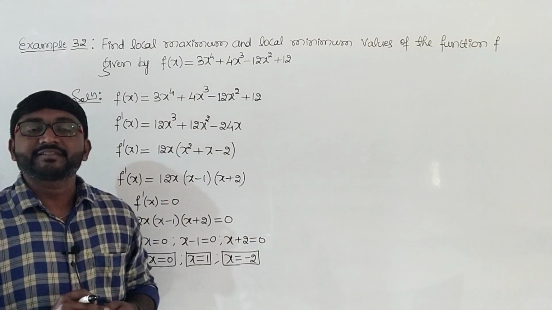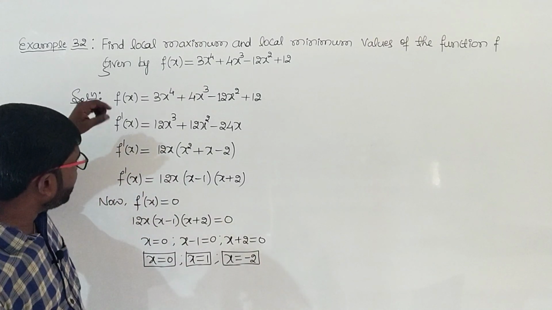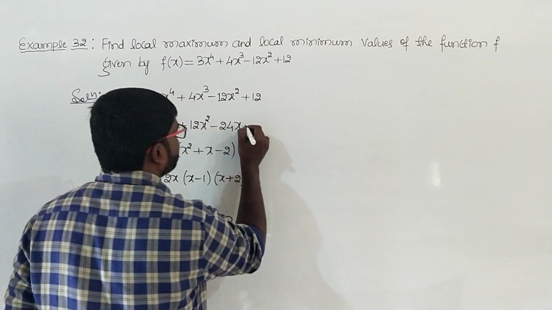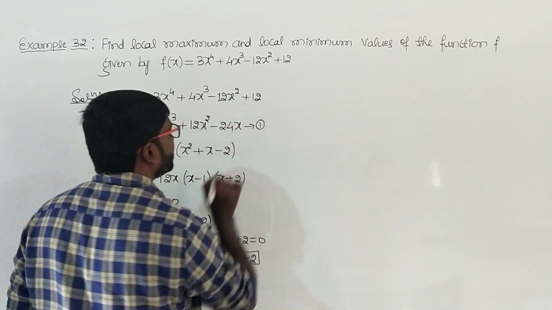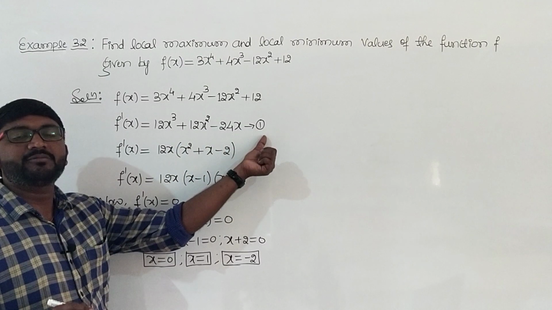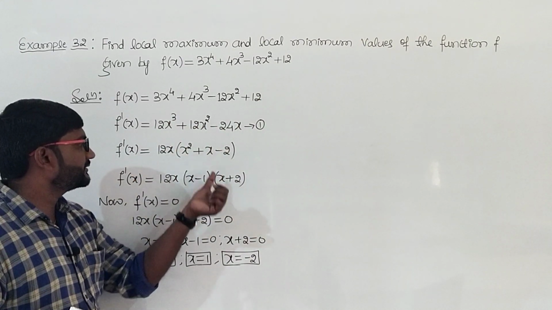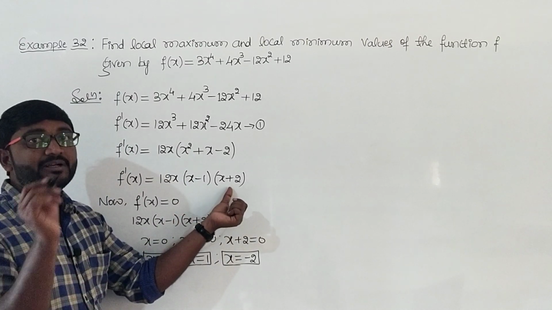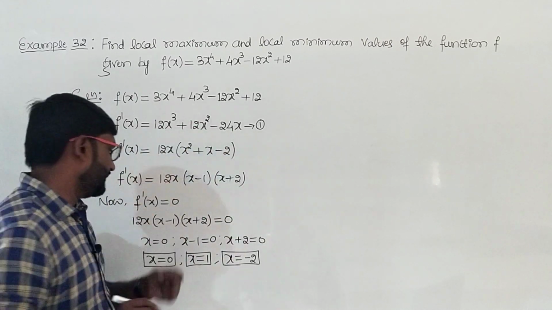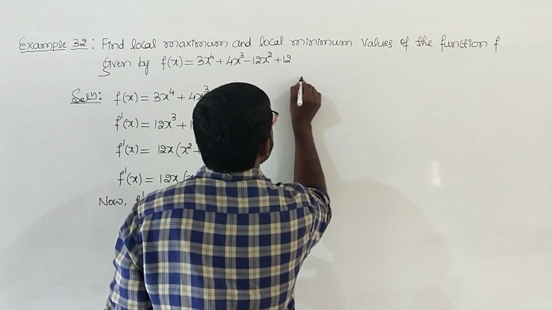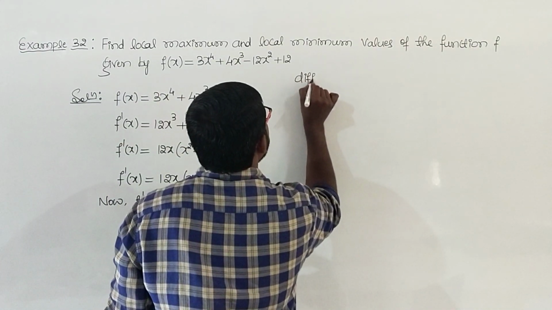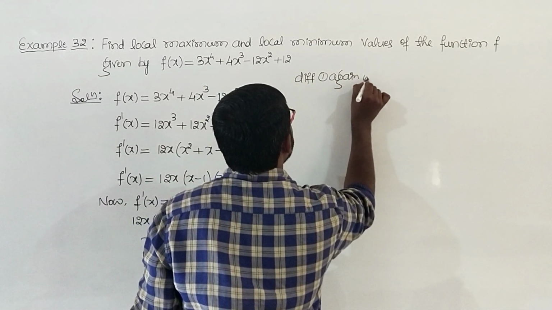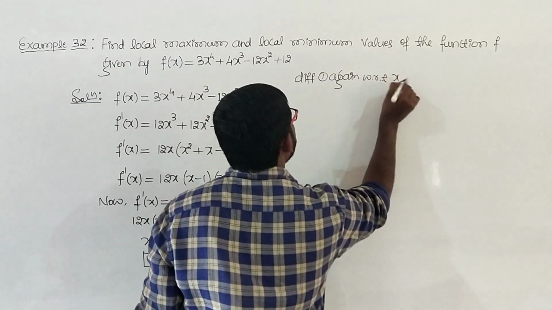We have to go for the second order derivative. Differentiate this equation once again with respect to x. I call this equation number 1. So differentiate equation 1 once again with respect to x. You can differentiate this form and this form also, you get the same answer. Since there are multiplications of terms, that is why I am going to prefer this one. So differentiate equation 1 again with respect to x.